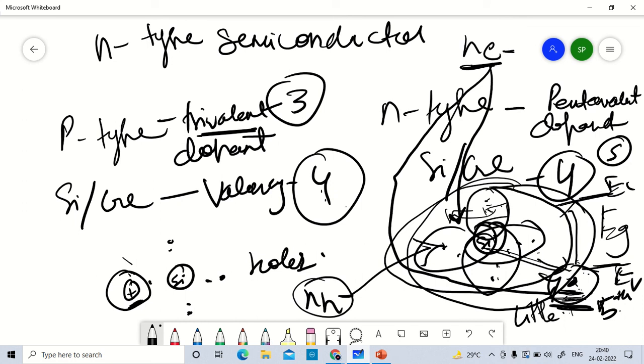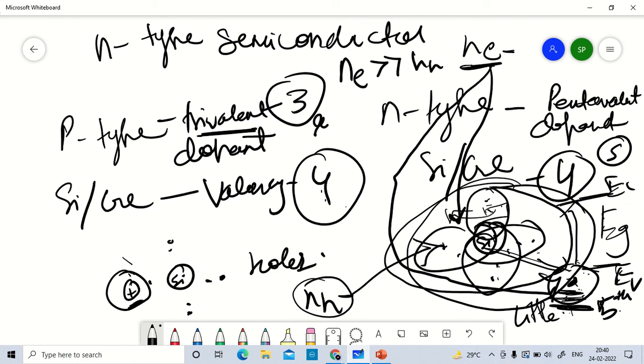Okay, in a doped semiconductor, the total number of conduction electrons Ne is due to the electrons contributed by donors and those generated intrinsically, while the number of holes is only due to the holes from the intrinsic source. But the rate of recombination of holes would increase due to the increase in the number of electrons, right? So when I say that the number of electrons is due to the donors, as well as those generated intrinsically, but the holes are only intrinsic, then Ne over here is much higher